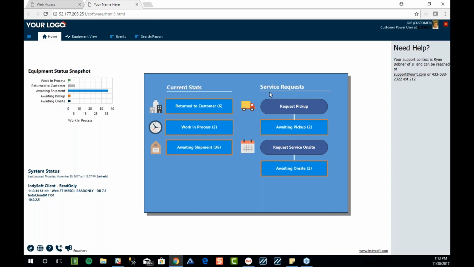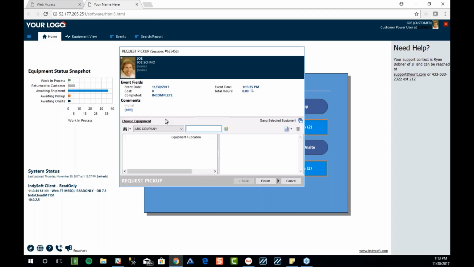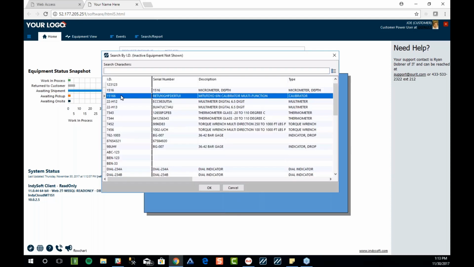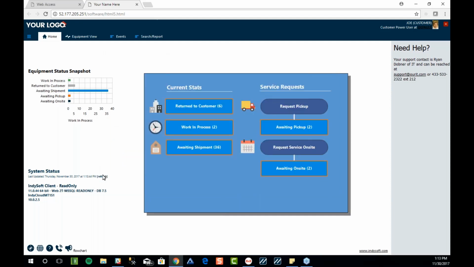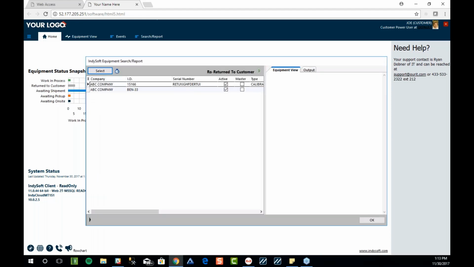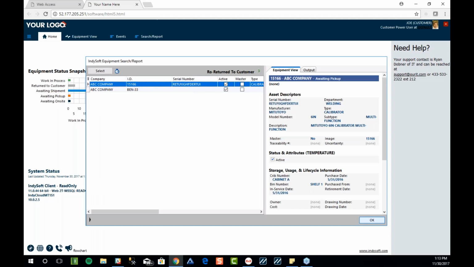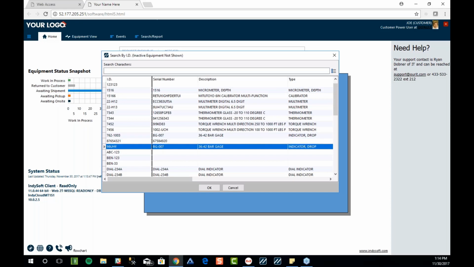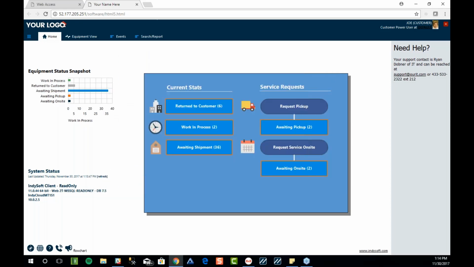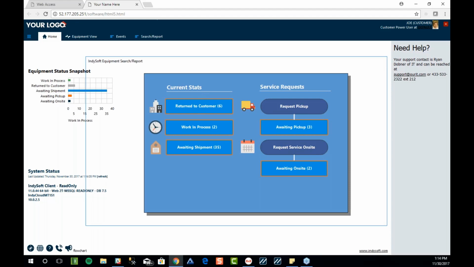So I'm going to go ahead and launch just a basic event that a customer may do for you guys. So we hit this, and we can just select an asset, and then we hit finish, and of course we have to refresh this. Maybe I already had that asset. Okay, I already had that asset selected. I apologize. Let's do this one. And there you can see the count. Go ahead and change. So a customer can come in here, select a tracking status, and see exactly what equipment